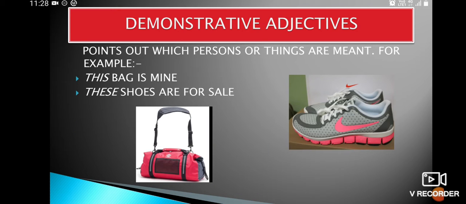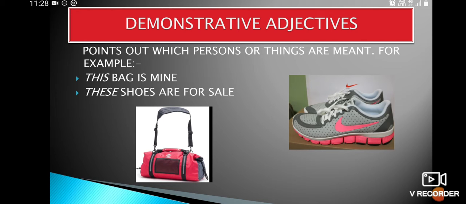Next is demonstrative adjectives. Demonstrative adjectives point out which person or things are meant. This bag is mine. I am talking about this bag. This bag is mine. So I am pointing towards this bag. These shoes are for sale. These shoes, I am talking about these shoes. These shoes are for sale. So the word this